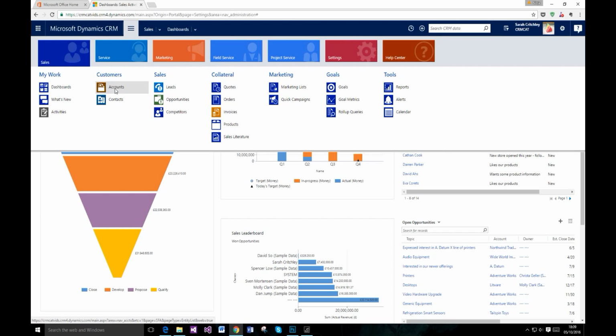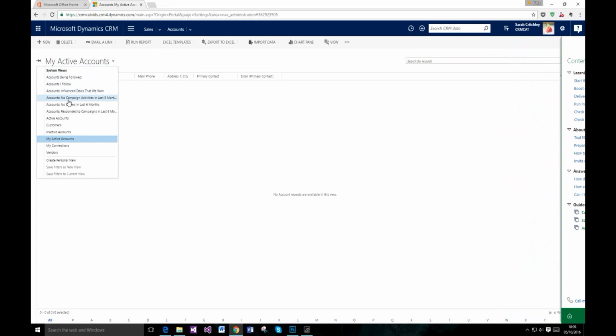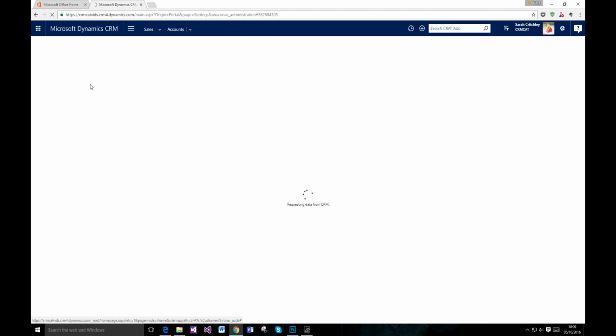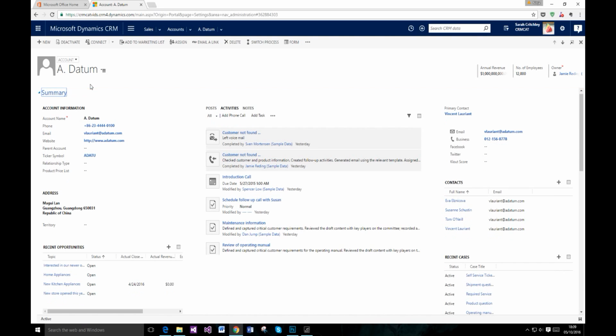So the first thing that we're going to cover is the accounts, starting with what actually is an account. I'm just opening an account form now. Accounts are quite flexible. My understanding of them, if I'm going to abstract it out, is that it's a group or a collection of people in a named organisation,